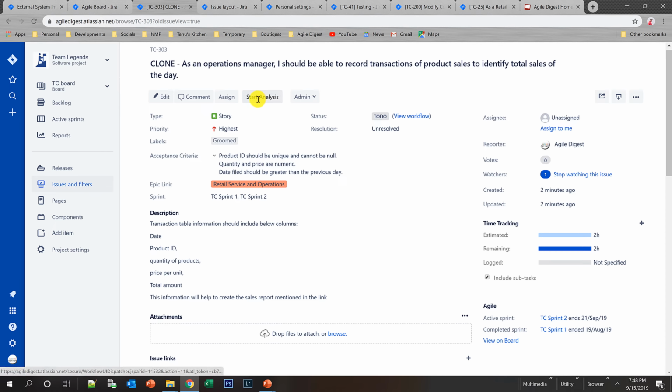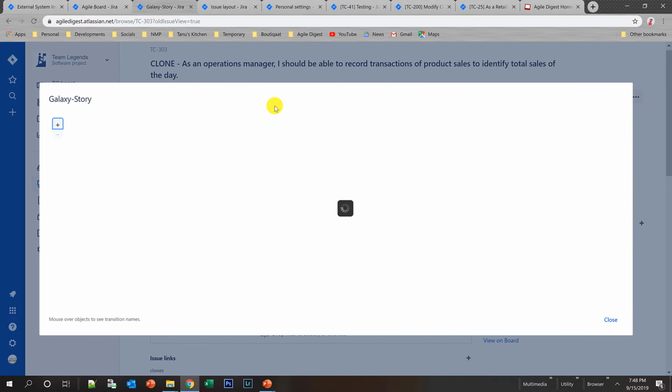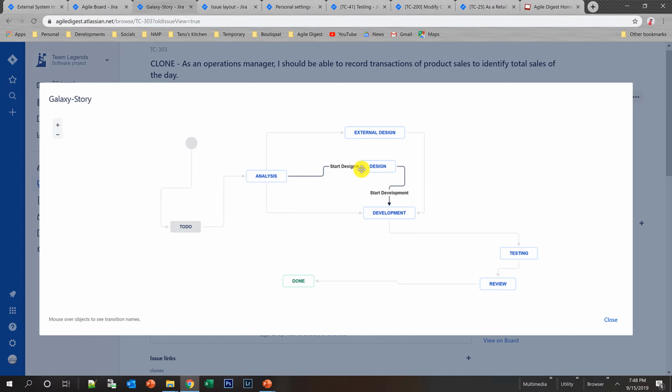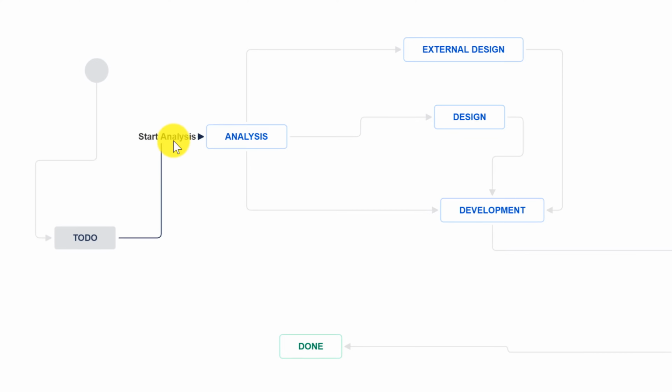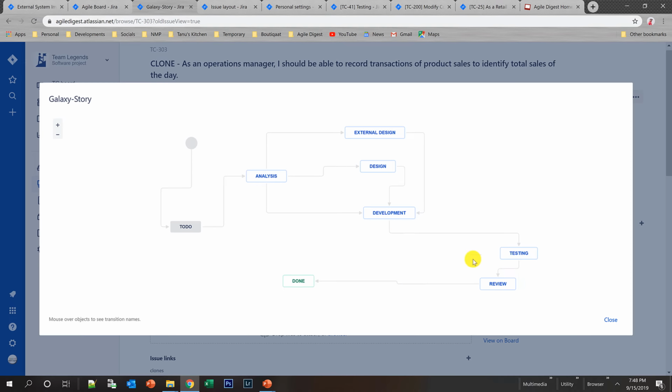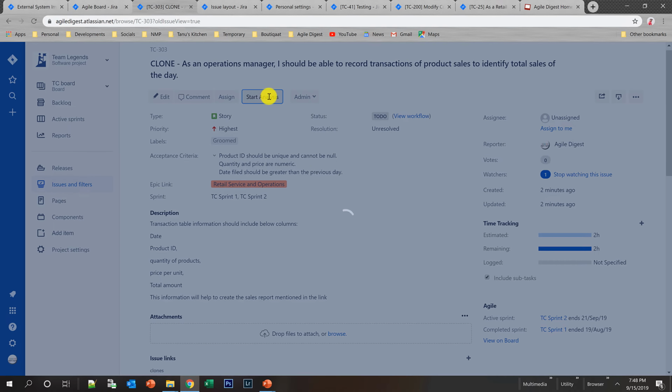This is start analysis, your next workflow state. I'll quickly explain why start analysis is coming up: in your workflow, your analysis is here, and right now it is to do. The transition's name is start analysis. We'll go into these details later, how to prepare this kind of workflow and assign it to your projects, but right now this is in the to do state. So the next step is start analysis. If I click on start analysis, you can see